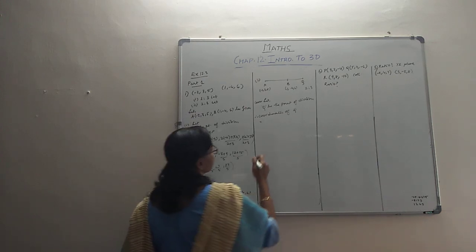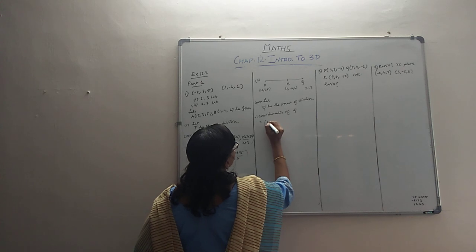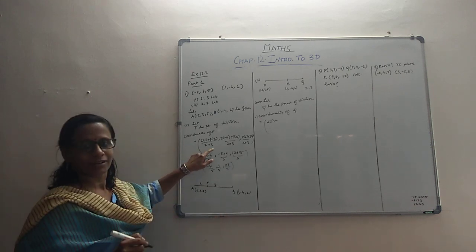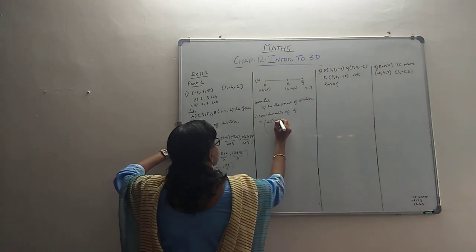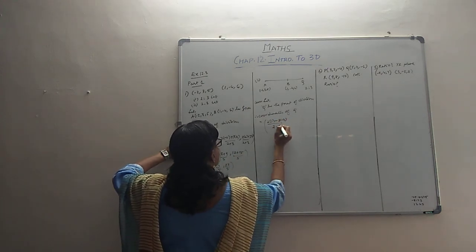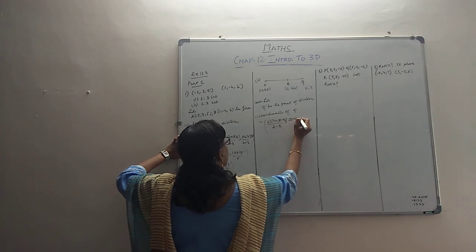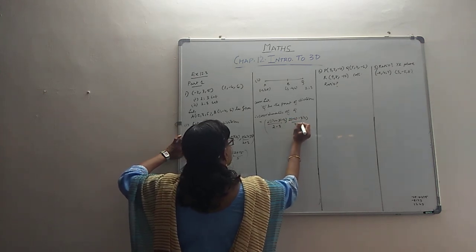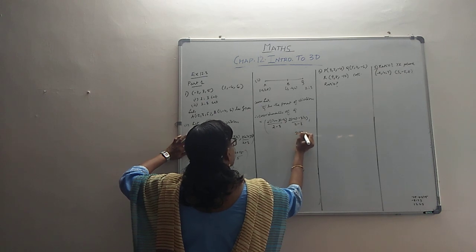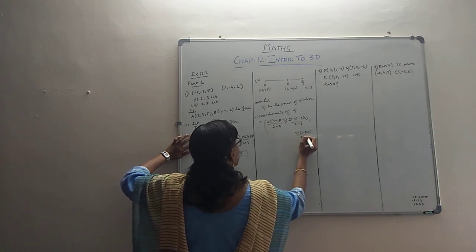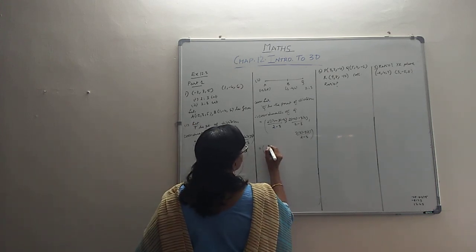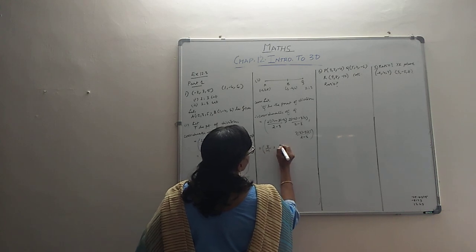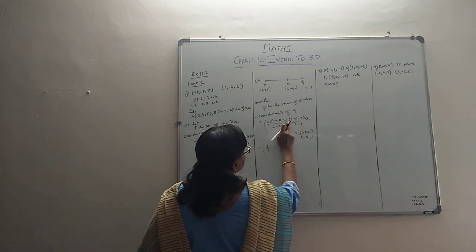The coordinates of Q: I think we can take it directly from here. The only thing is that wherever the pluses are coming, they are minuses. So 2 into 1 minus 3 into minus 2 over 2 minus 3, then 2 into minus 4 minus 3 into 3 over 2 minus 3, then 2 into 6 minus 3 into 5 over 2 minus 3. So how much is it coming? 2 plus 6, so it's 8, 8 by minus 1. Then this is minus 8 minus 9.